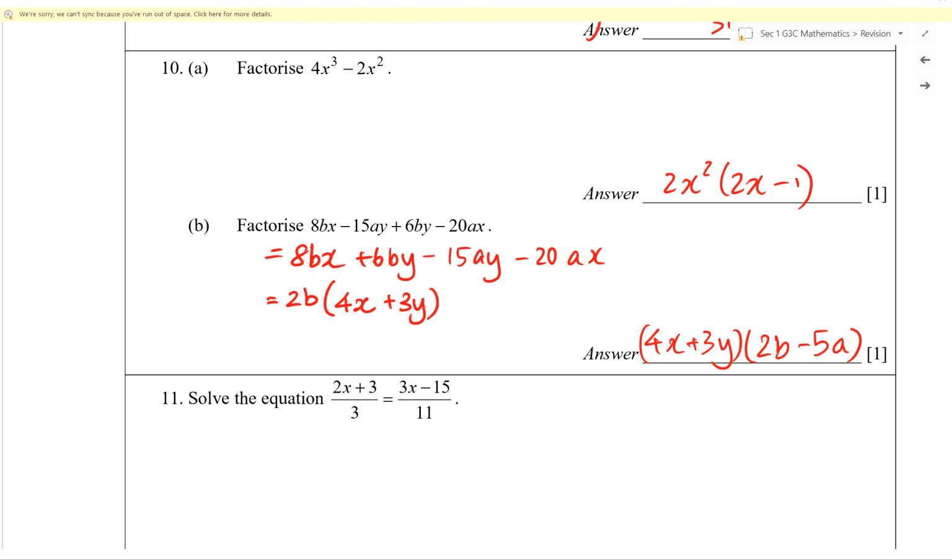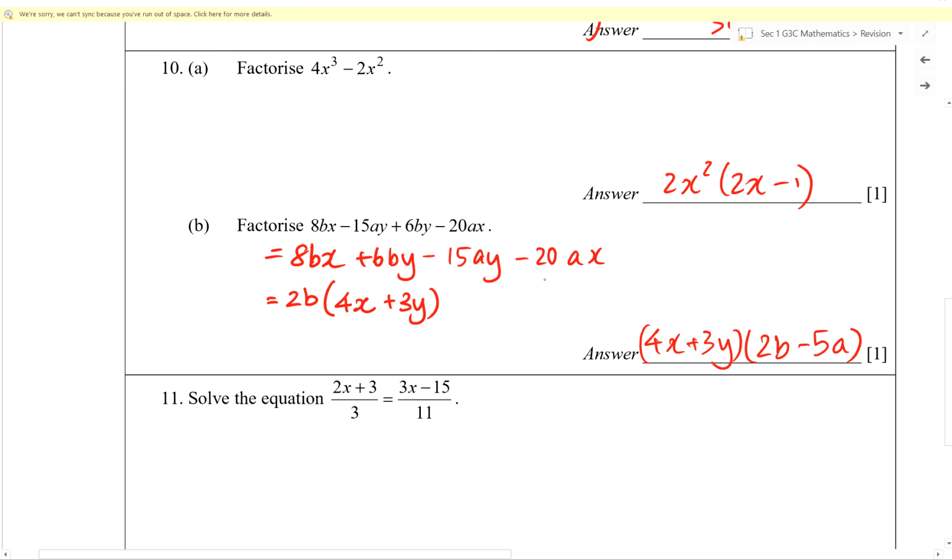Okay, now the next one, over here. Here's where you might find it a little bit more challenging because we've got negative signs. For negative signs, you can just factorize out the negative number if you want. Okay, so let's start. What is the common factor for the number